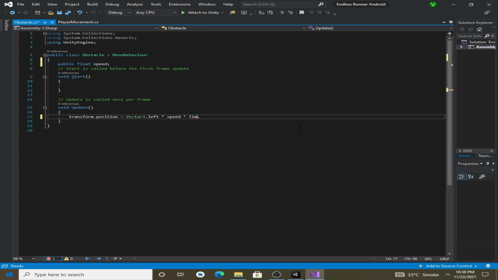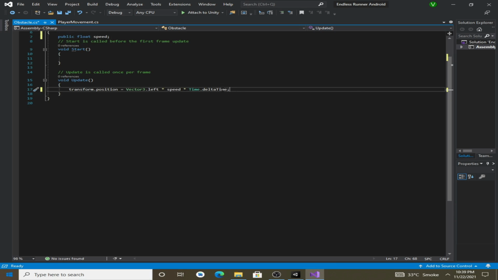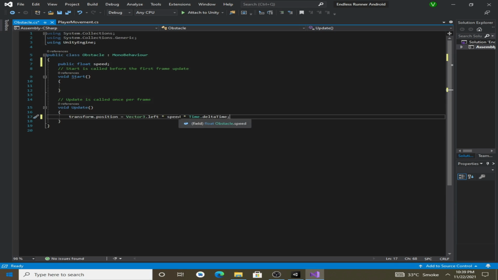That means if our game is running at 60 fps, then our speed would be constant, and if our frame rate is higher than that, then also our speed will be constant. So the frame rate will not affect our speed. That's why we are multiplying our speed with Time.deltaTime.